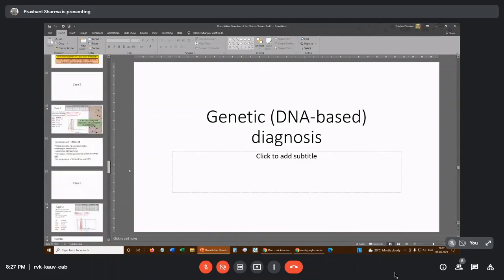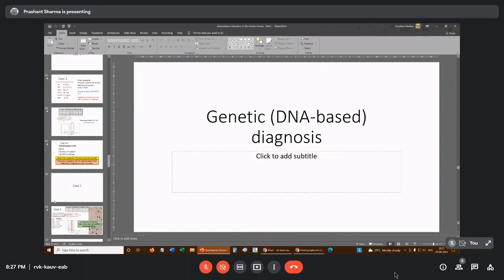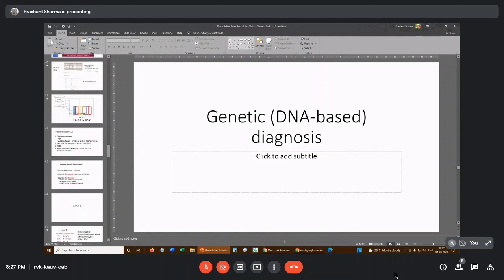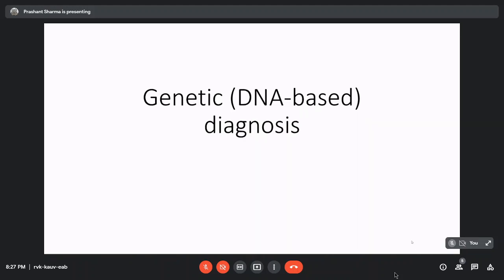Some part of today's talk, I think I'll move into the next one because alpha thalassemias per se are less. So just bear with me for maybe another 5 or 10 minutes.